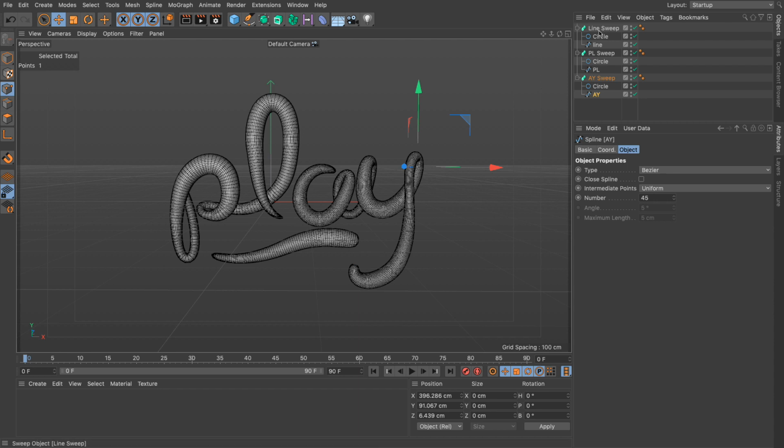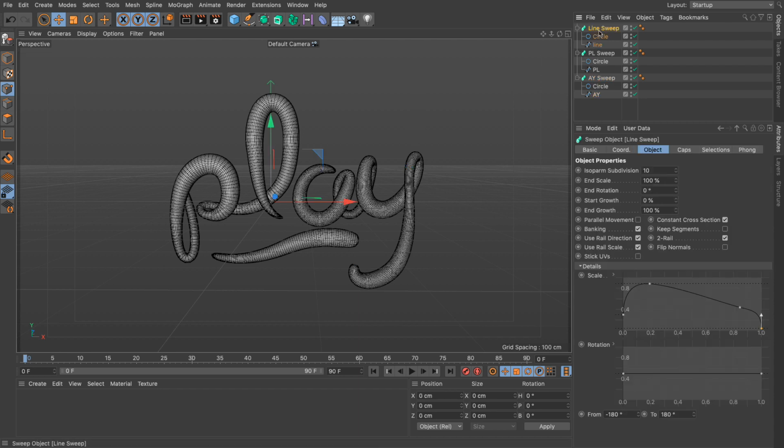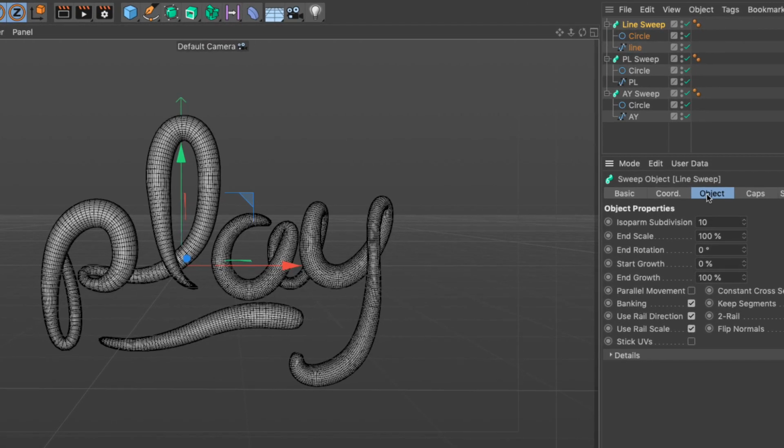Well, this particular sweep generator has a parameter if I select it, and now we don't need the details anymore. So let's just close that little panel. You will see in the Object tab we have the end growth, and currently it's set at 100%. Now let's go over these arrows, click and hold and drag up and down, and you can see that this controls the percentage of the object that's going to be generated over the length of the spline. That's fantastic, because if I animate this, I'll make it seem as if it's drawing on.